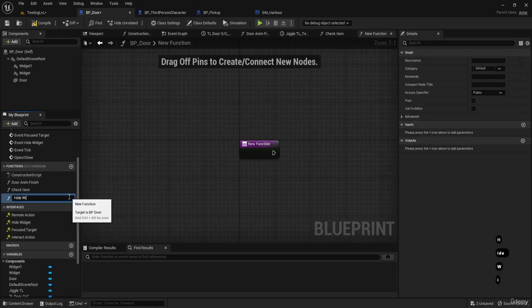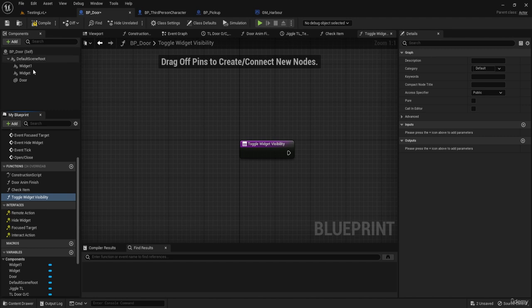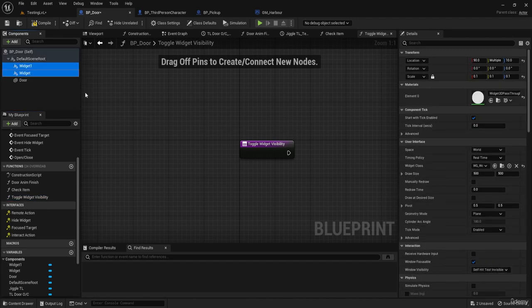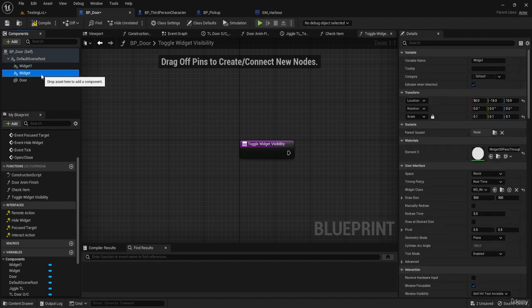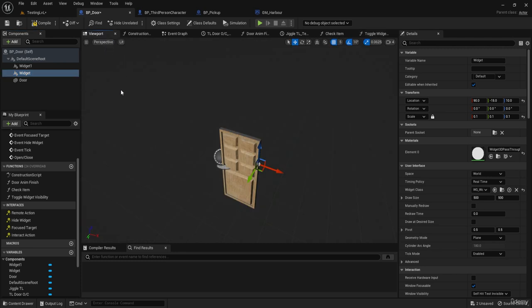Say toggle widget visibility. And let's have actually one widget. We don't need two for this scenario. Let's say we only have one widget from the side the door is opening. Actually, we can move it towards the other way around. Anyway,